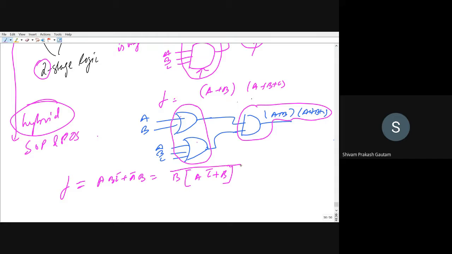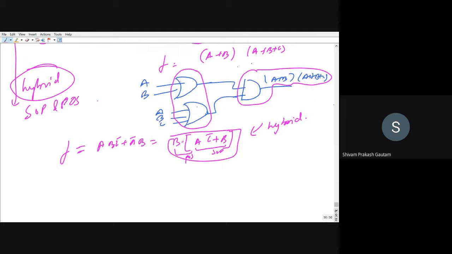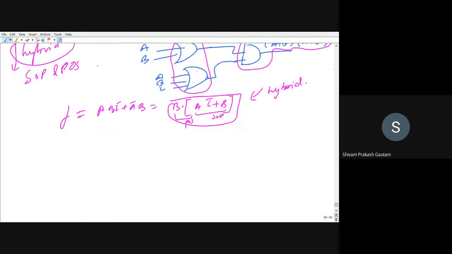So you can see this is in hybrid form. Here, this represents the SOP form, and these two terms represent the POS form. You can see there is a product term here, that is B dot, and AC bar plus B is in the form of SOP. Now, if you want to make this through AOI logic, let me draw this. Inside the bracket, it will be AC bar plus B, no?